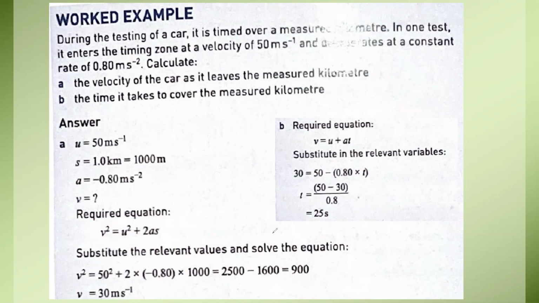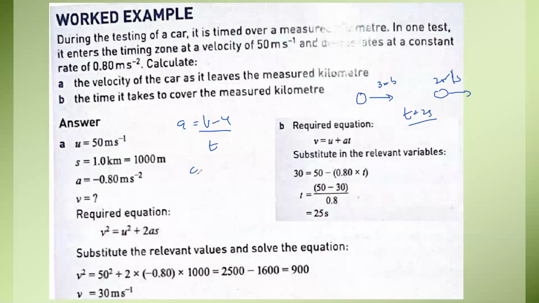Why negative acceleration? Because the object is slowing down. If an object slows down, we have the formula, v minus u over t, if the object is moving in a straight line and does not change direction. Say this was 3 meters per second and this is 2 meters per second, and it took, for example, 2 seconds. If I want to work out the acceleration, the final is 2, the initial is 3, divided by the time, 2. So I will get minus 1 by 2, which is minus 0.5 meters per second square. So in a deceleration,